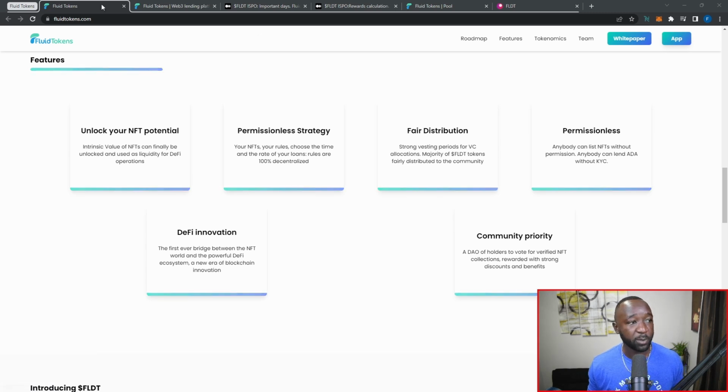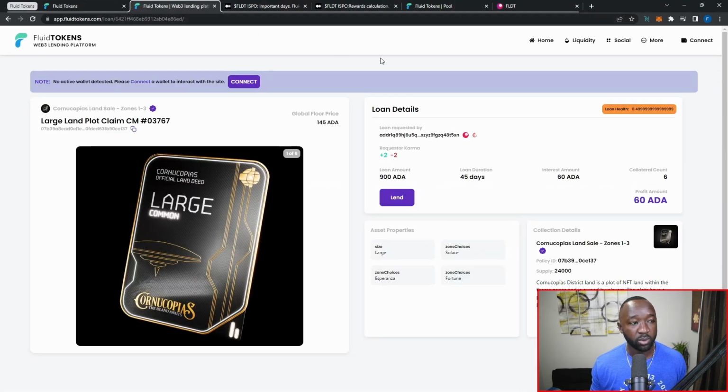That said, if I jump over here into the official application itself, they have undergone an initial revamp. The older platform looked a little bit less stylish, whereas this new version appears to be more in tune with the current Web 2 space. Now, what I'm looking at is an NFT loan request here. As a requester, you can request stable coins and ADA in return.